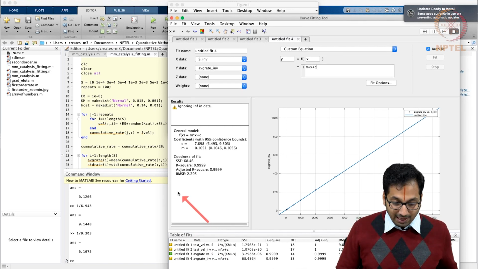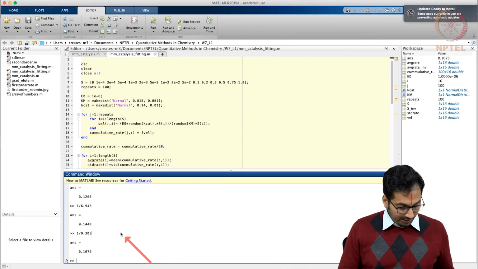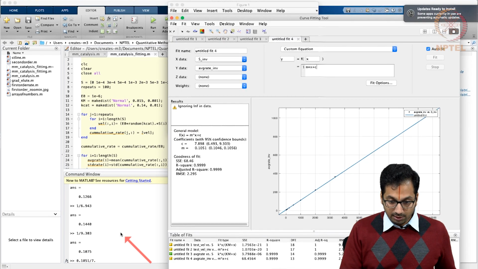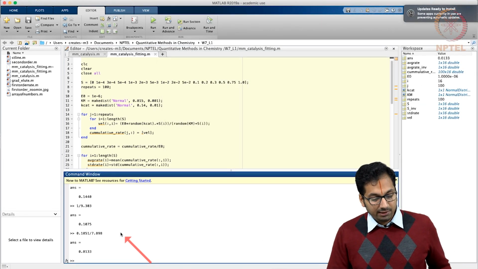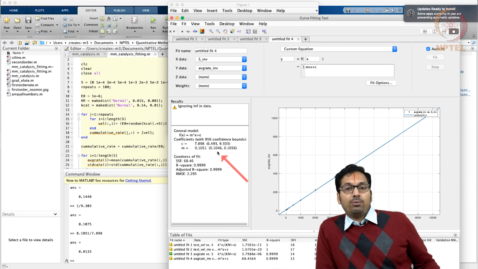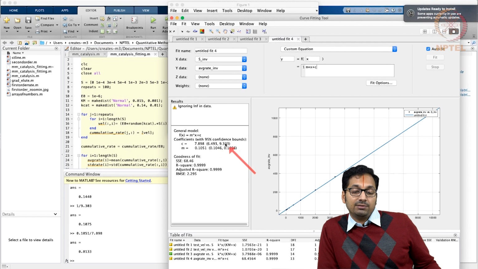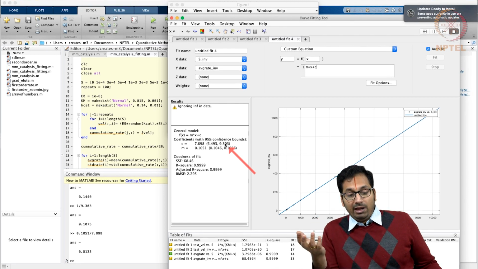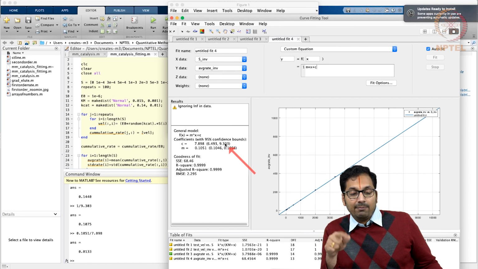Why don't we take a look at what happens for Km? So Km is determined by getting 0.1051 divided by 7.898. And what do we get? It comes up as 0.133. And of course, remember, you also have a range that goes here. Now the question comes, are you going to be dividing this with this value, this with that value? So once one starts to understand, the error that goes in the slope and the intercept is going to propagate and result in more error in the Km determination. So I leave it to you guys to determine how this can be propagated and measured, what goes on when you are mixing and matching different values.